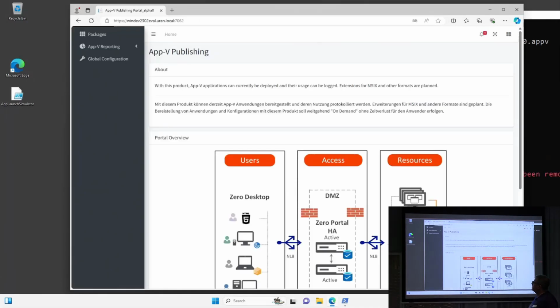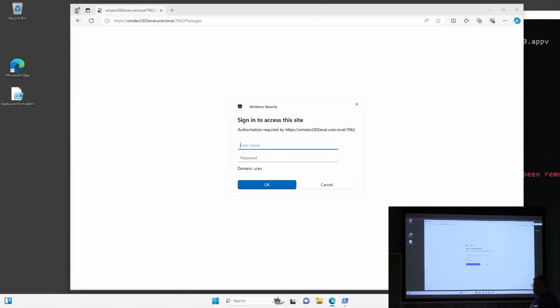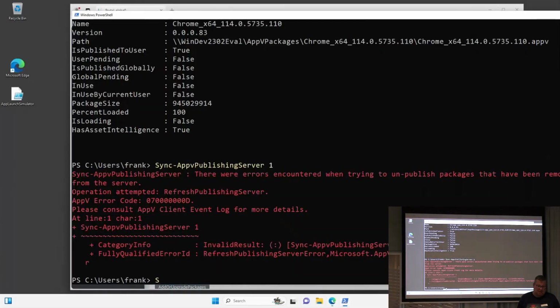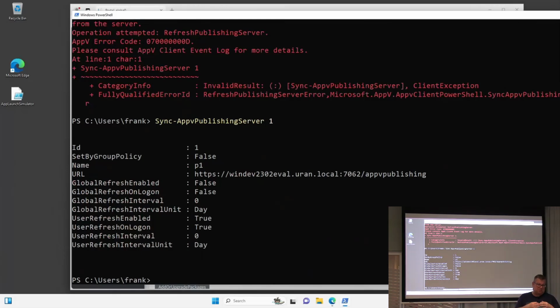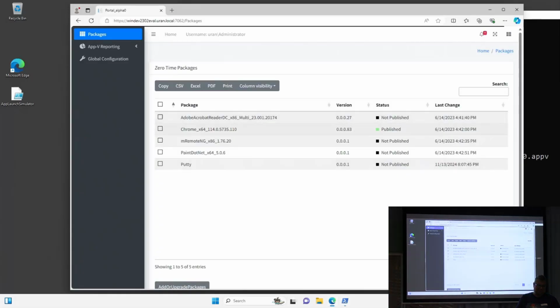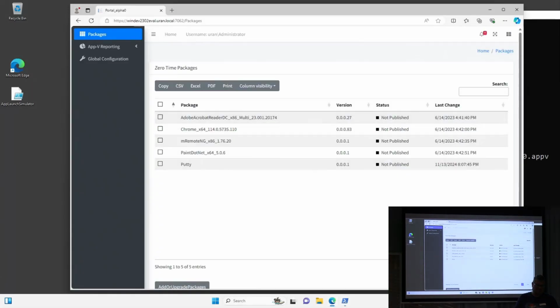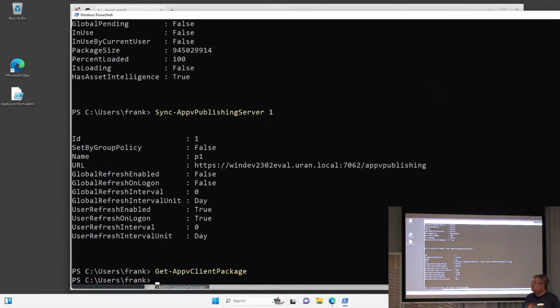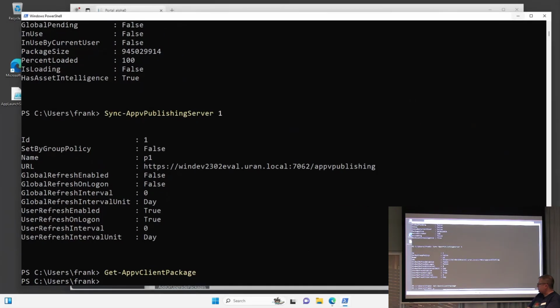But this error actually shows, right? You closed Chrome, the pending task kicked in and removed Chrome, you synced, and the unpublishing came again and said, hey, it's already unpublished, it's gone. This is what we've seen with Config Manager and supersedence. When you unpublish a package and it's in use, you get a pending task created. So when you close it, the pending task kicks in, depending on how you have published. Maybe. Okay. Chrome, I think, is now removed.